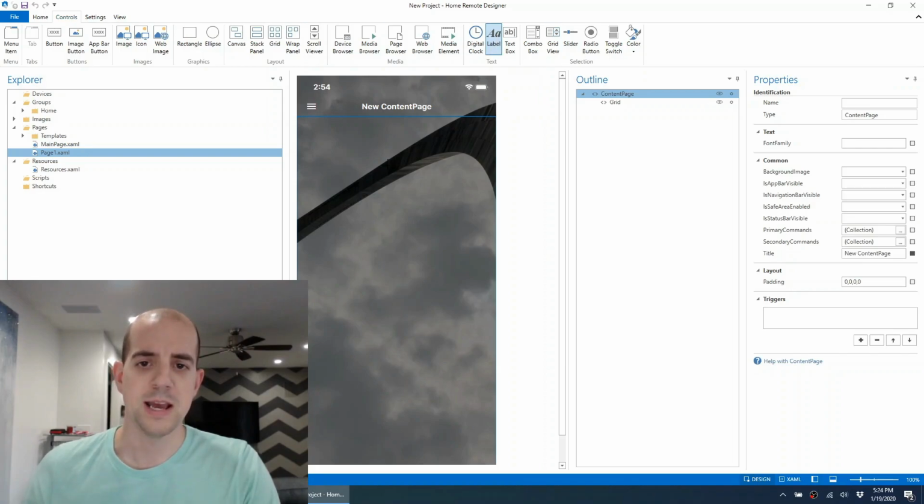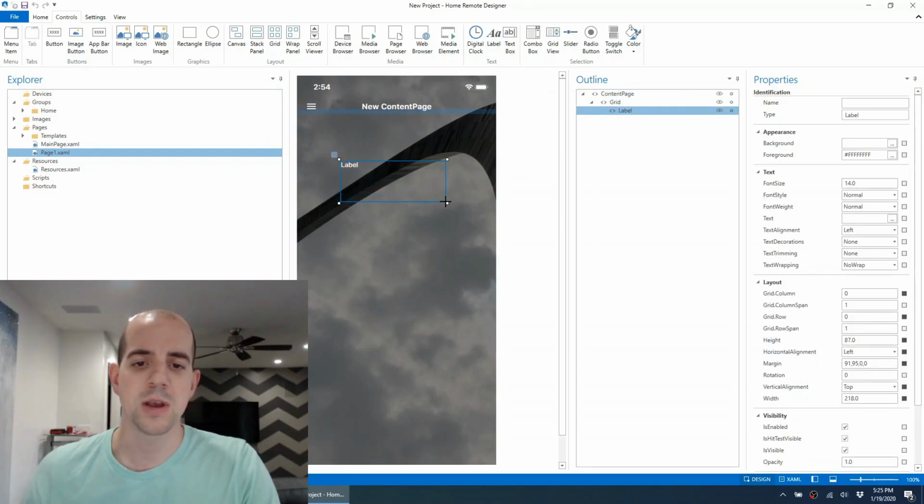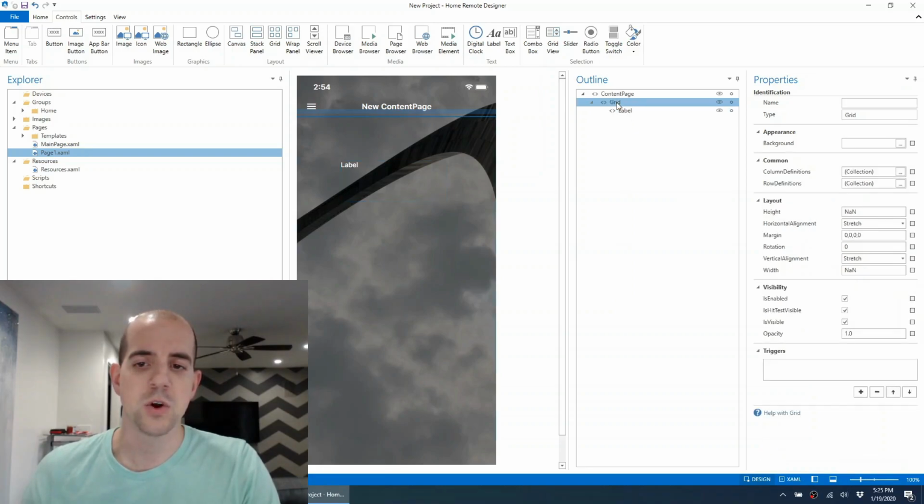I'll just take a label option, and you can see when I scroll over the designer, my mouse UI has now changed to crosshairs. With the label selected, I'm going to click and drag any particular area that's easily visible, and now I have my first label control. You can see it's over here on the outline section of the designer as a child to this larger grid